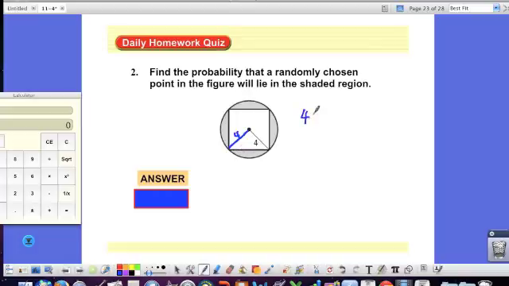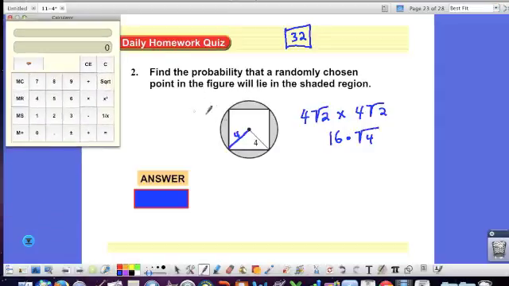So 4 radical 2 times 4 radical 2. 4 times 4 is 16 times radical 4, which is 16 times 2. So the area of the square is 32. Now for the circle has a radius of 4. 4 squared is 16 times 3.14,